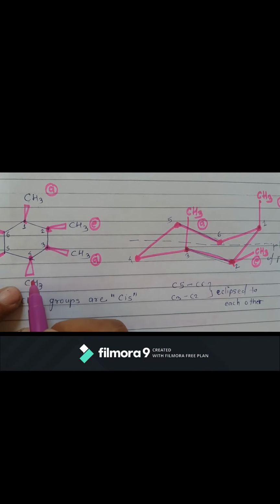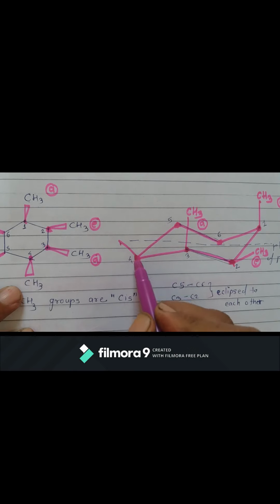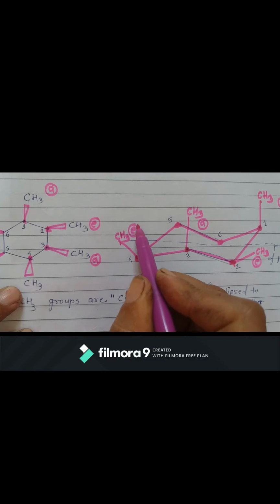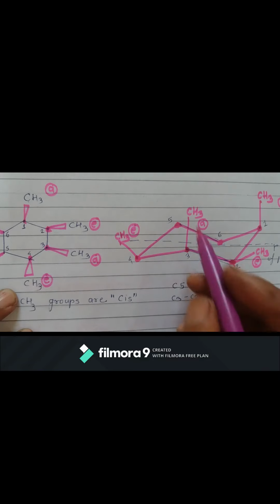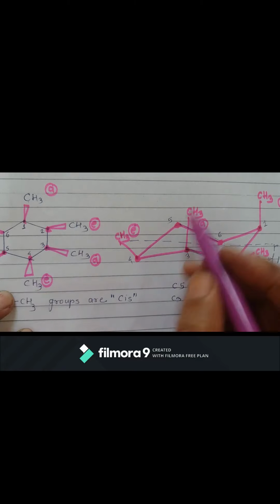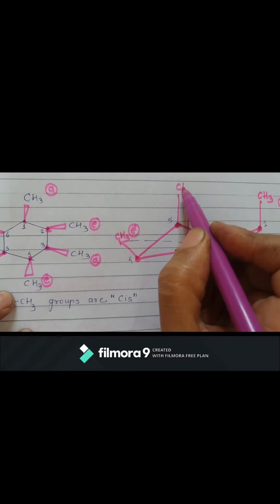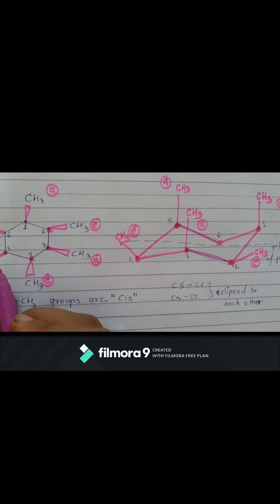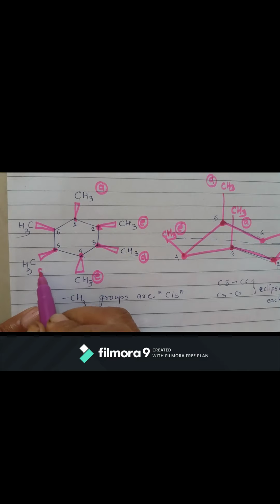Now we'll go for the fourth position methyl group which is above the plane. For the fourth position, it is equatorial, so here also this one is equatorial. Now the fifth position methyl group should be axial, which means we have to draw it in this way. So axial methyl, above the plane. Here also you can draw the fifth position methyl group, it is axial, right down here, axial.